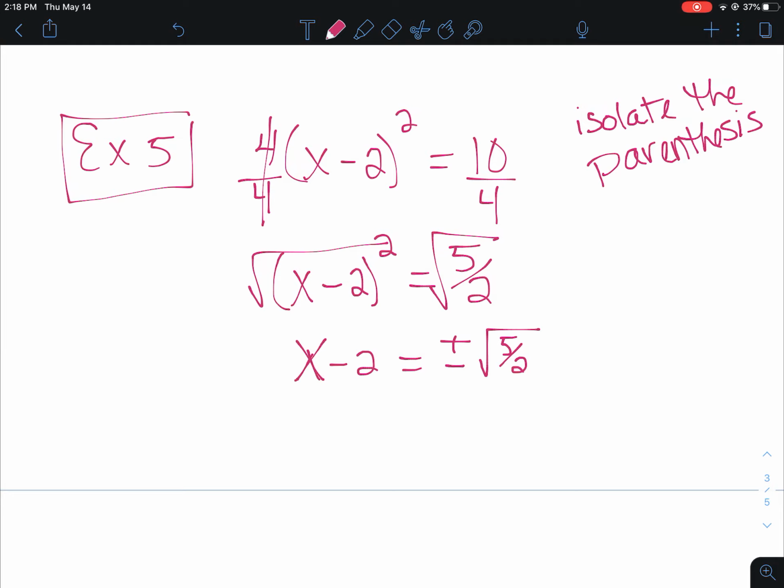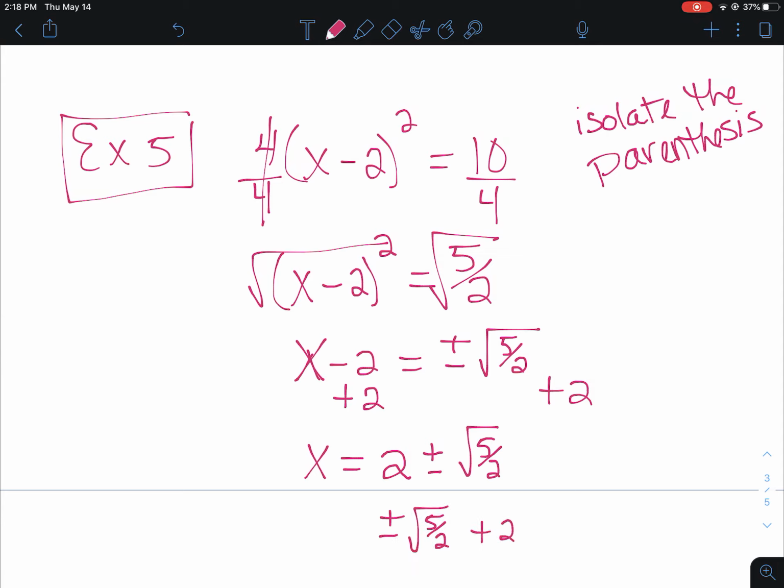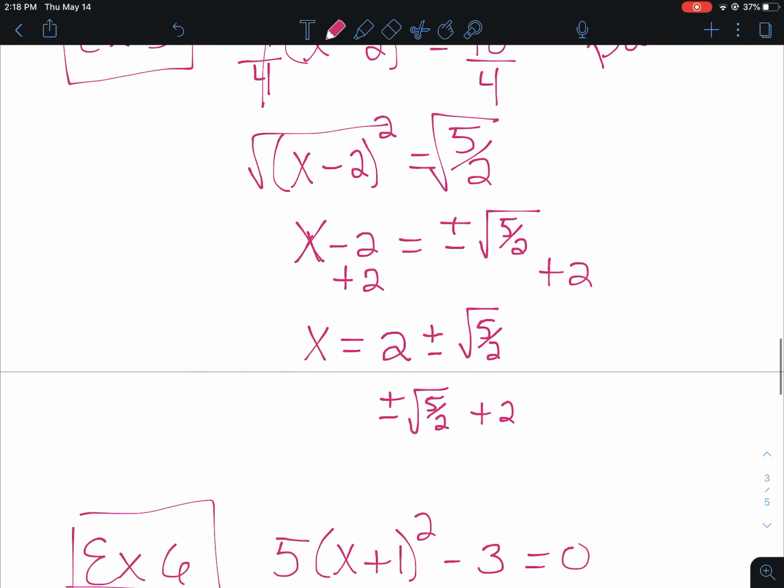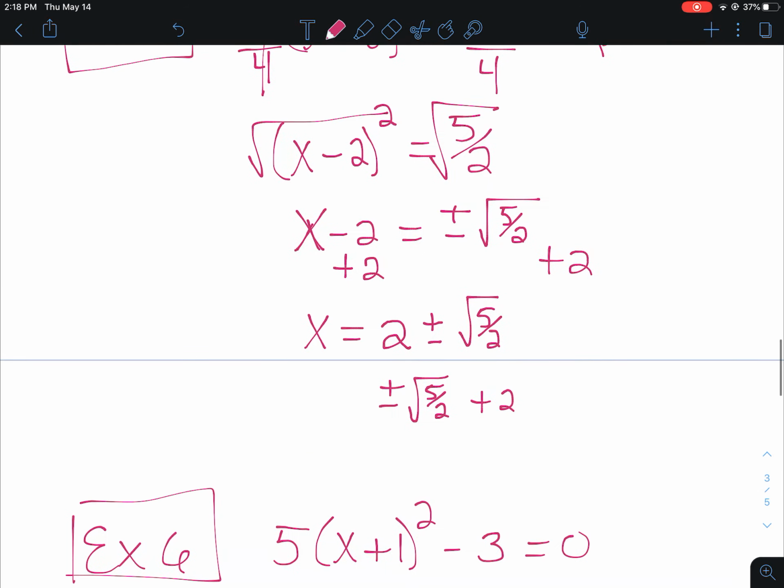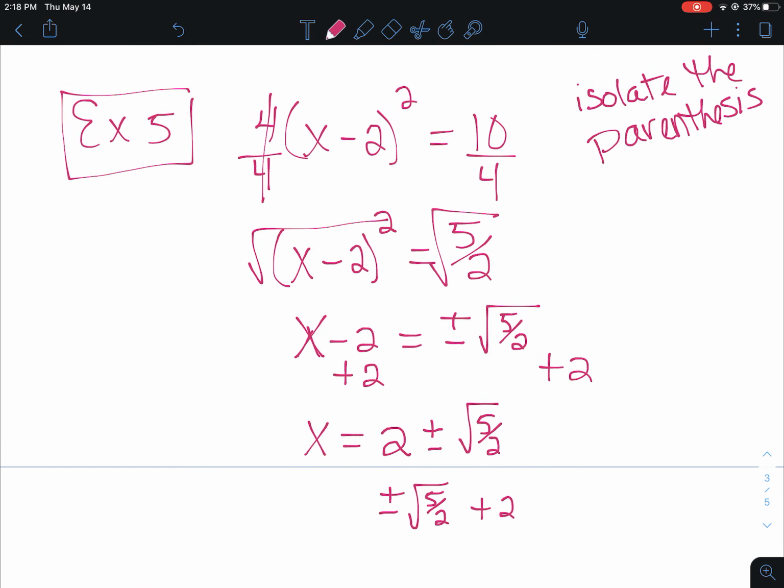And then if I want to get x by itself, the last step is to add 2. Now, a square root and an integer are not like terms, so we have to leave those separately. So my answer would be 2 plus or minus the square root of 5 over 2, or you could do plus or minus the square root of 5 over 2 plus 2. Both of those answers are perfectly fine. That's an exact answer. Oh, I did one right there. I'm just skipping over examples. It's fine. So if I wanted an approximate answer, we could put 5 over 2 into the calculator